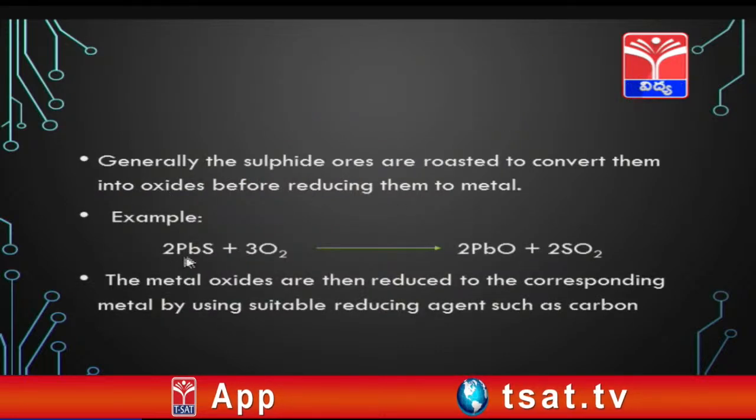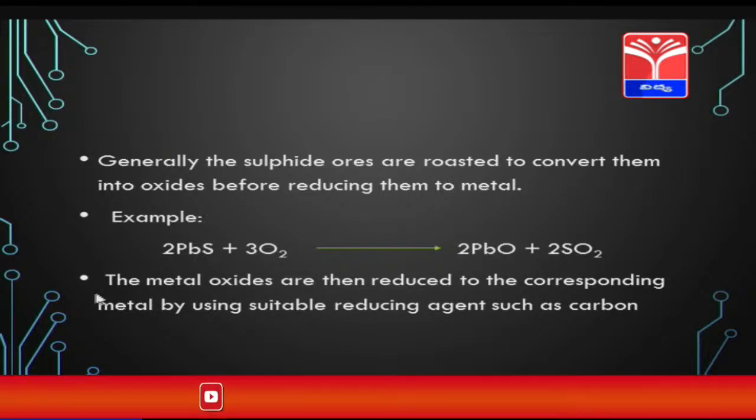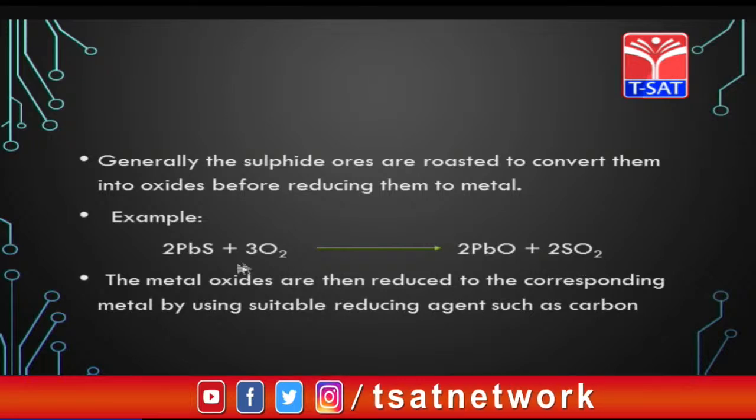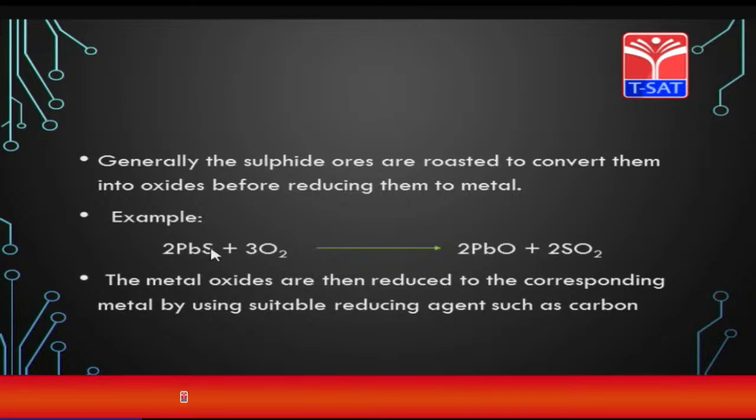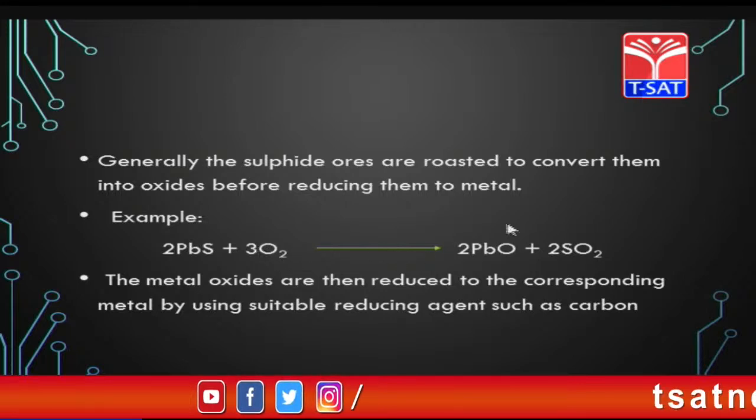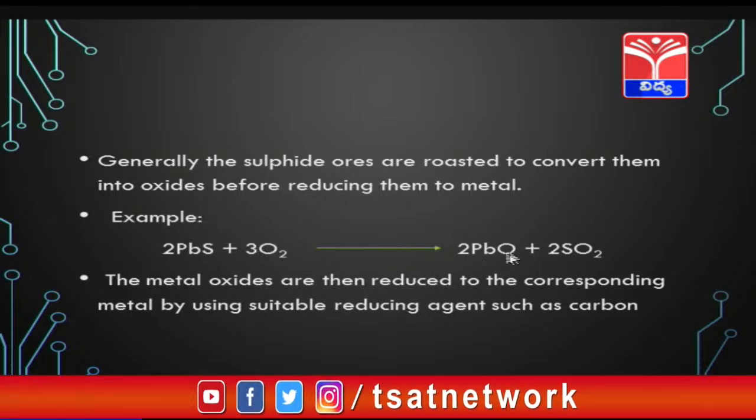Now if you look at this example, children, generally sulphide ores are roasted to convert them into oxides before reducing them into metals. If you see this cinnabar, cinnabar means lead with sulphur. This is an ore of lead, and the impurity present here is sulphur. Lead sulphide, when it is heated in excess amount of oxygen, we can see the formation of lead oxide, because